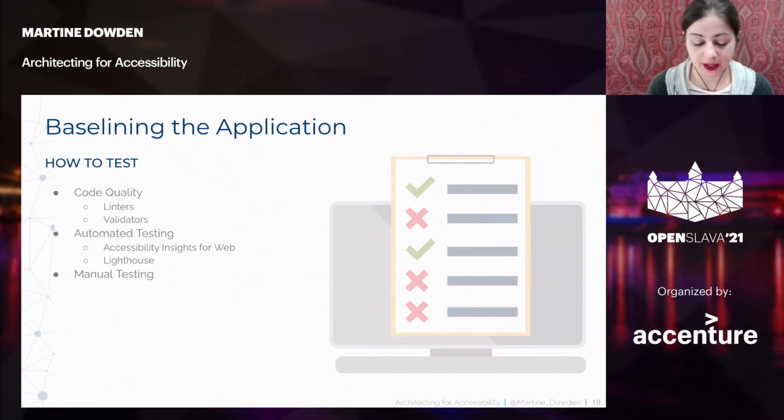The reason being that Accessibility Insights for Web has two modes, one of which allows you to do a quick automated test, and then it has the long version as well, where it shows you all of the manual testing you need to do. Lighthouse is just quick and easy, and will give you that very instant view of what your code looks like.